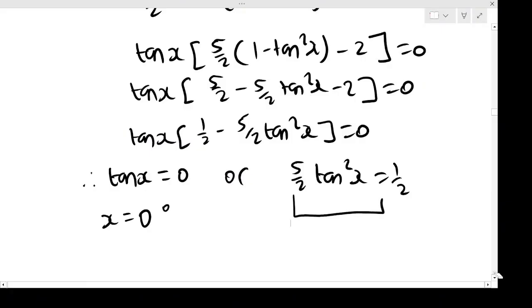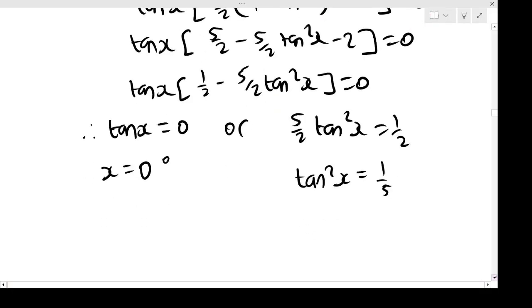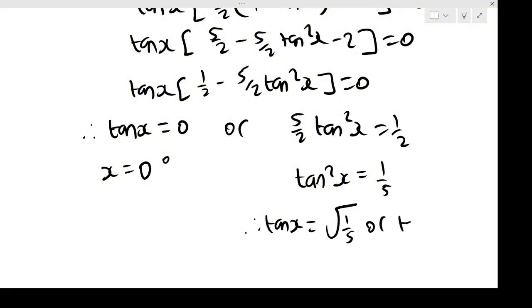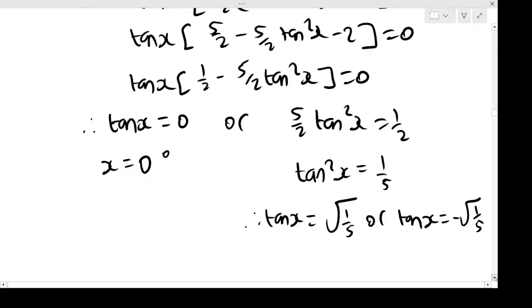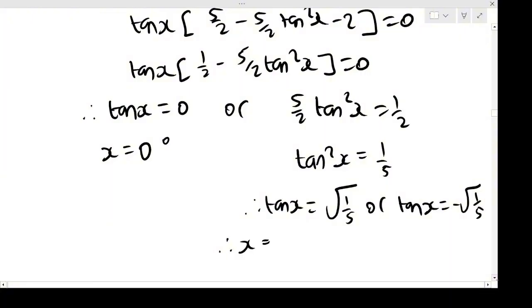So then if I now look at this equation, if I just get tan squared, I'm going to do a half divided by 5 over 2, and that's going to get me a fifth. So that means if I root it, I get tan x to be either plus root a fifth or minus root a fifth. Okay, if I plus or minus the root of that. So then if I do inverse tan of all of these, that means x then, firstly, if I do inverse tan of root a fifth,